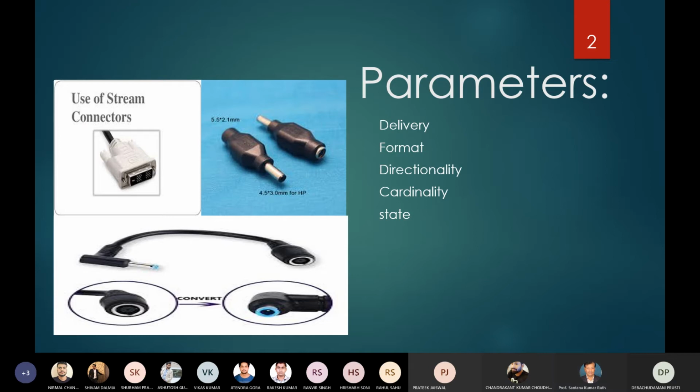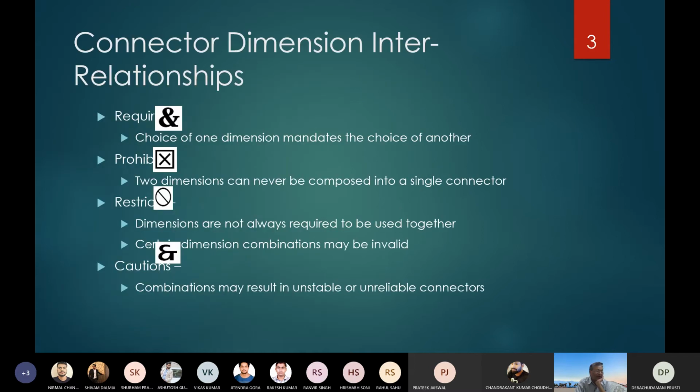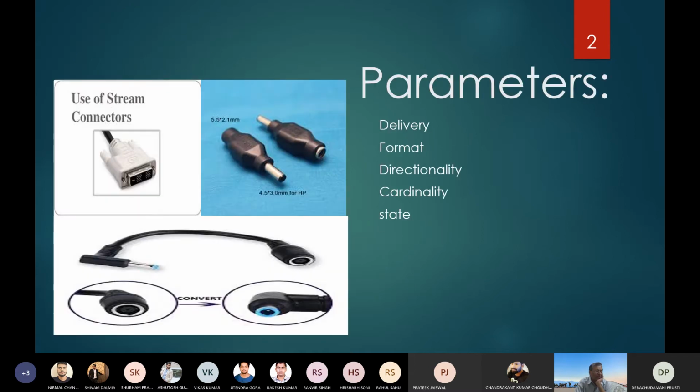Okay, sir. Stream connectors are the software connectors. In that angle, we are discussing. I will discuss only the software part. That is the example only, sir. Next time I will take care, sir. Please remove from your mind that here we are considering the components and connectors. There is no concept of hardware device in this software architecture, in our modeling. Okay. Yes, sir. Thank you, sir, for guiding me.